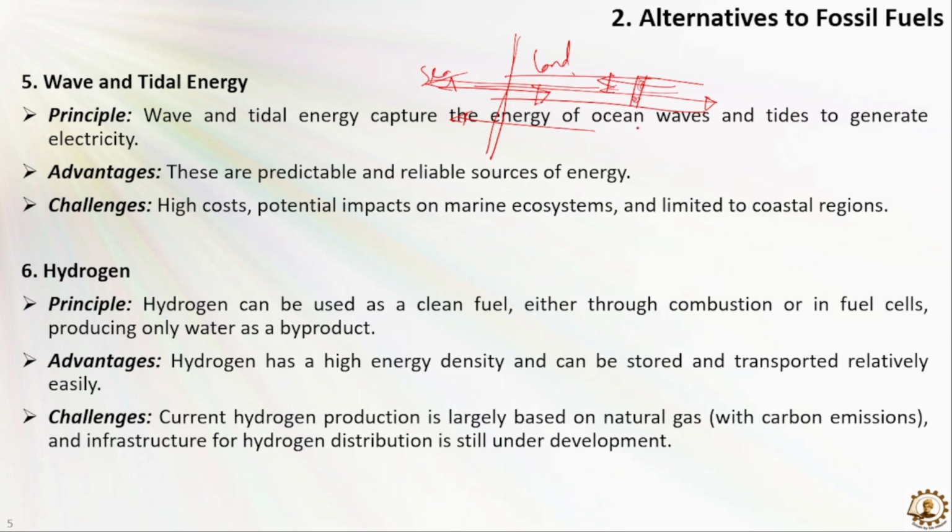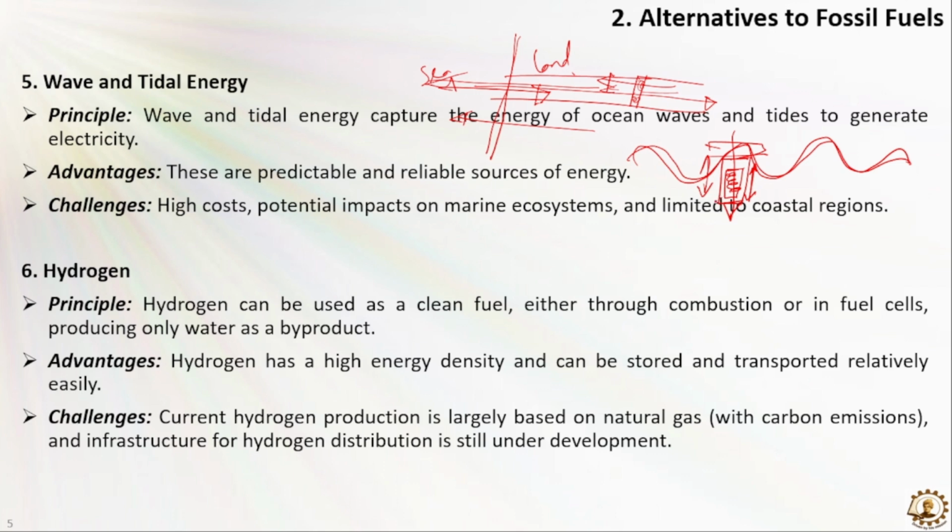Similarly, we can also use the wave. As you know, the wave is going in that way. This is basically a sinusoidal kind of wave, and if we install a device which can generate electricity by the upward and downward movement of the wave, basically one setup, one generator, will store energy during the up and down movement of the wave. So from this also we can generate electricity.